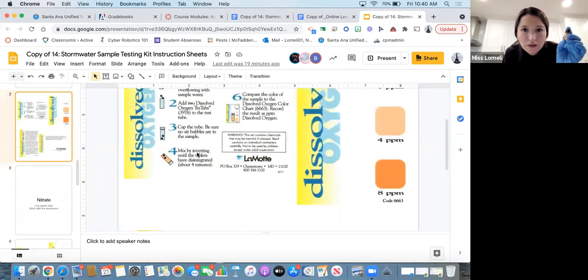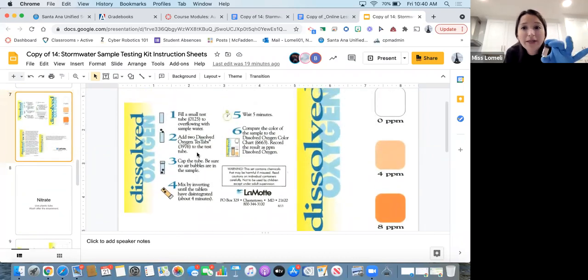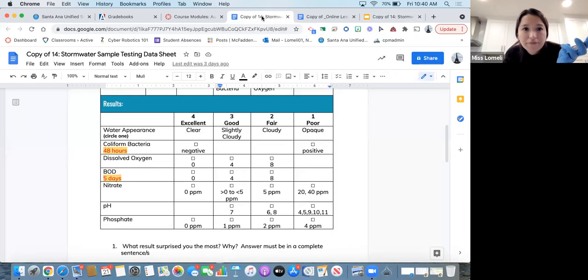DO. Dissolved oxygen. It's been 5 minutes. So looking at your results for the DO, is it a 0, a 4, or an 8? If you look at your results, is it a 4, a 0, or an 8 of the glass one that we just did, the little one? Okay, so what you do is you go to this one, and this one's dissolved oxygen. And you're going to highlight,